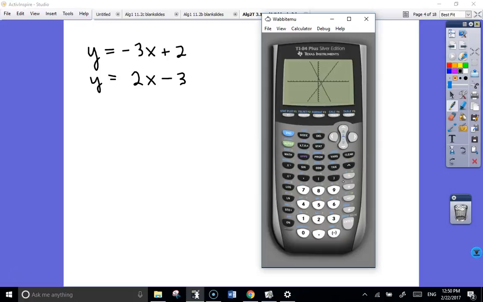Zoom 6. So do you see an intersection point? Does everybody have the same graph? Okay. And there's clearly an intersection point, which means a solution to the system. Then you go right ahead with a second trace 5, enter, enter, enter. And what do you get? 1, -1, which looks about right. Okay, let me slow it down. Second trace